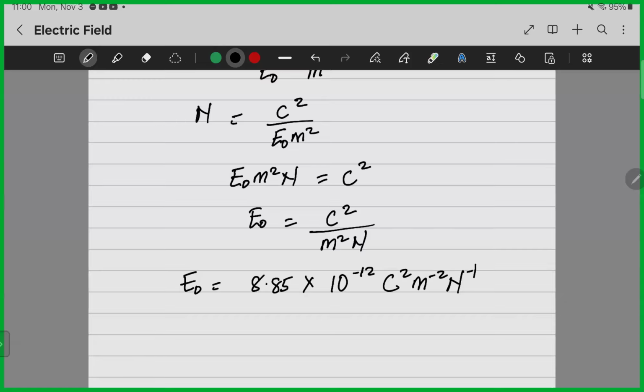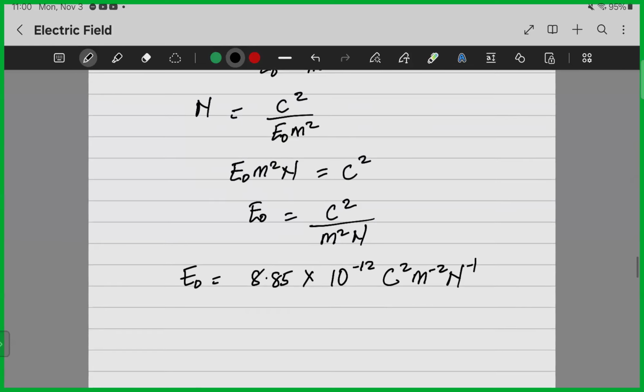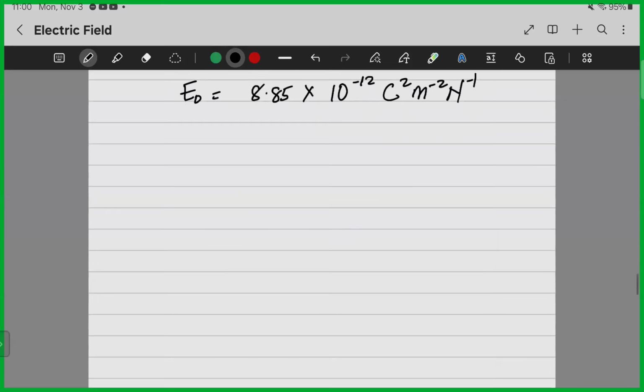So we can write it any way we choose. So that's how it works. Just keep in mind that you can always manipulate your formulas to get your units. So let's now quickly talk about the concept of